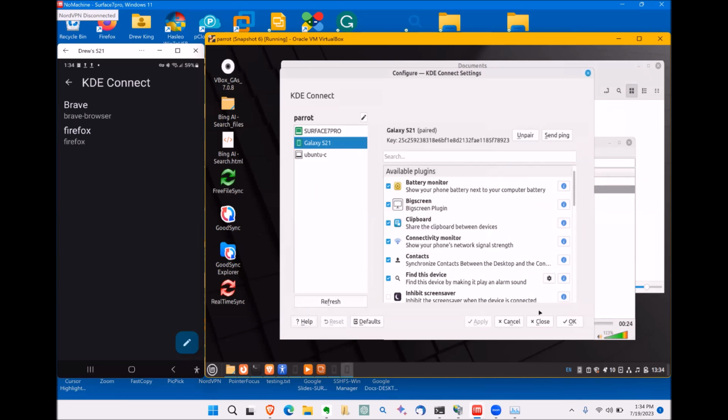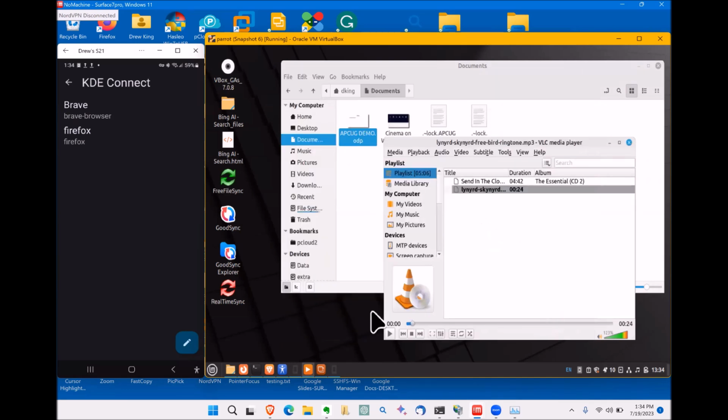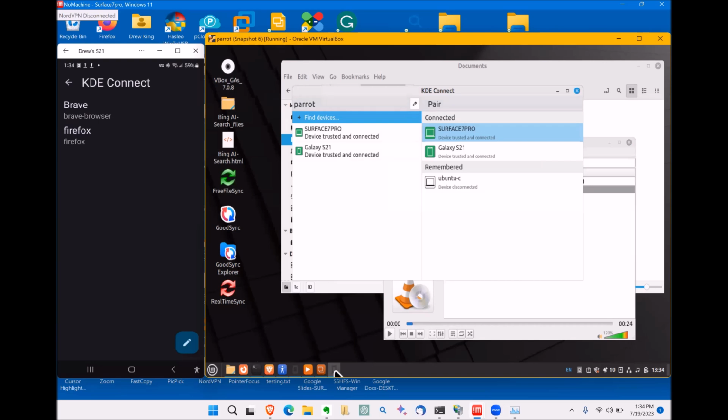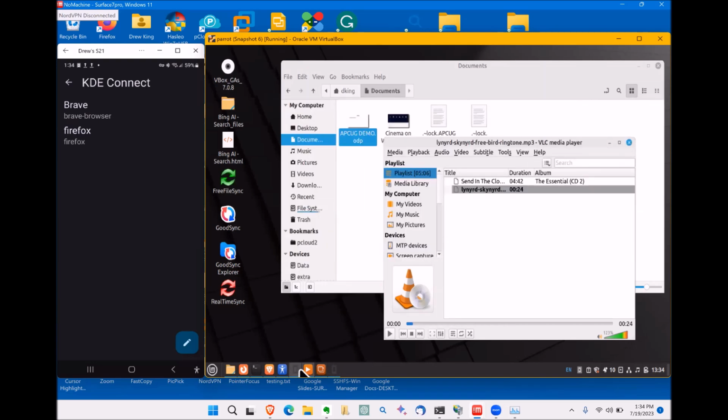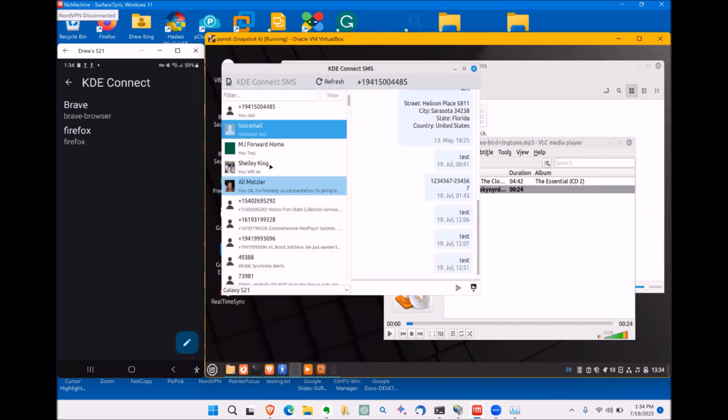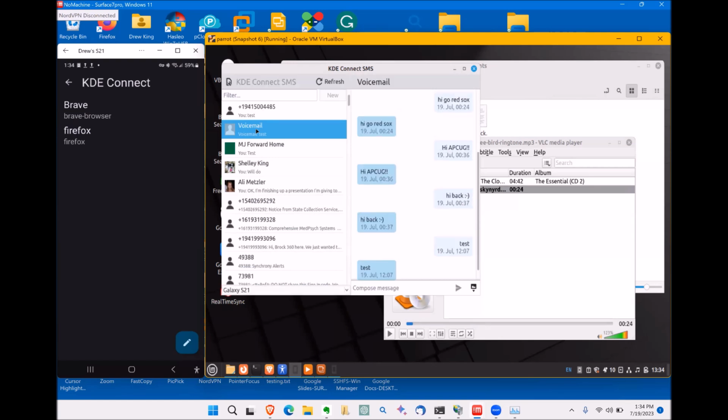The next thing that we will cover is SMS text messaging. And it's a separate application that you run on your, do I have it loaded already? Yes, I do. You can see Galaxy S21 is highlighted in the bottom of the window. And these are all of my current and most recent SMS text messages that exist on my cell phone. And if I were to type in hi